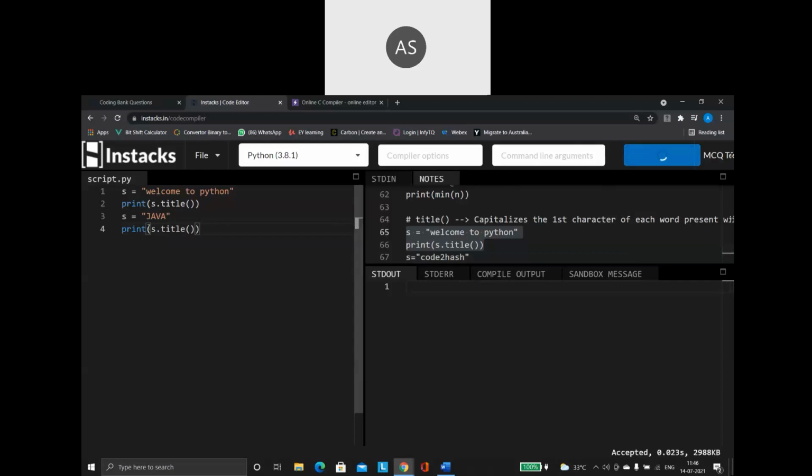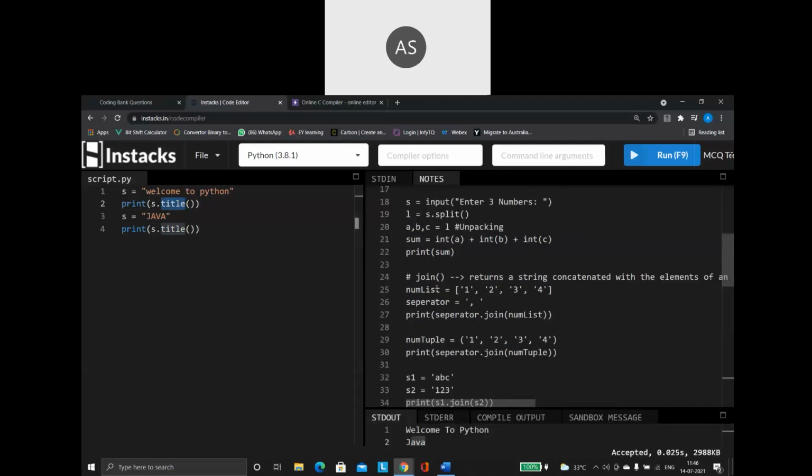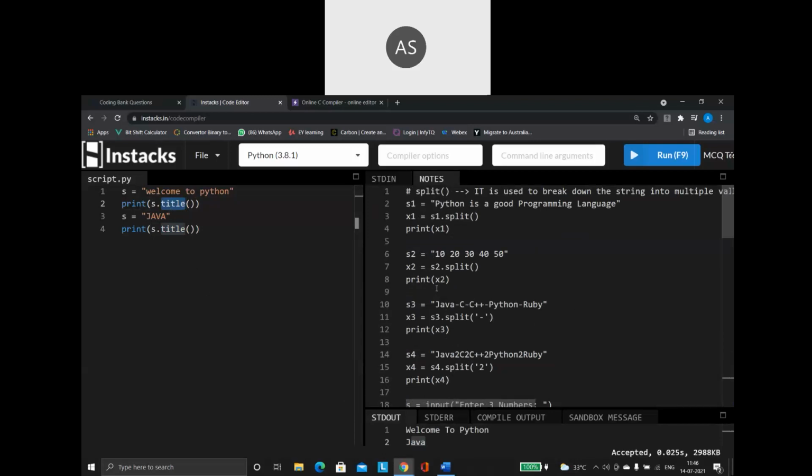See what happens. This entire string is in capital case, but when I say s dot title, only the first character of the word will be in capital. All the remaining things will be converted to lowercase. So this is how my title function will be working. And all these are the different functions that are related to my strings.